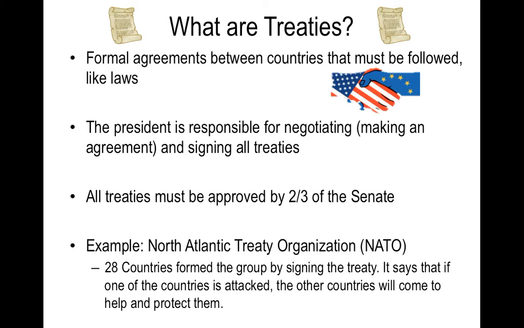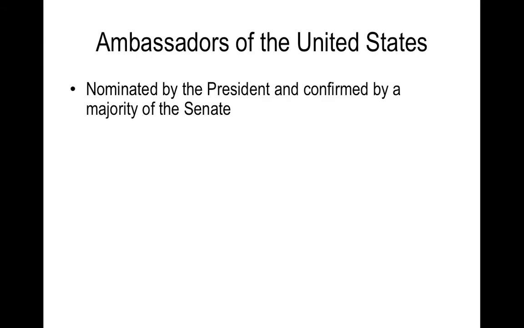Ooh, something we're going to learn soon. By sending them weapons and ammo and anything else that they need. All right. So, what happens with these countries that are our friends? Well, the president will nominate someone called the ambassador, and they are confirmed by a majority of the Senate. Little checks and balance there.